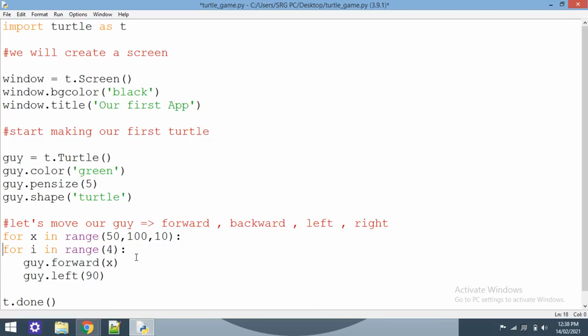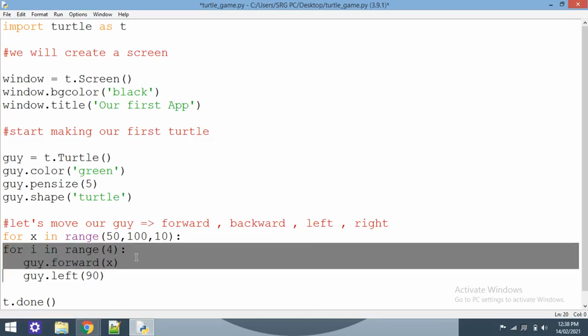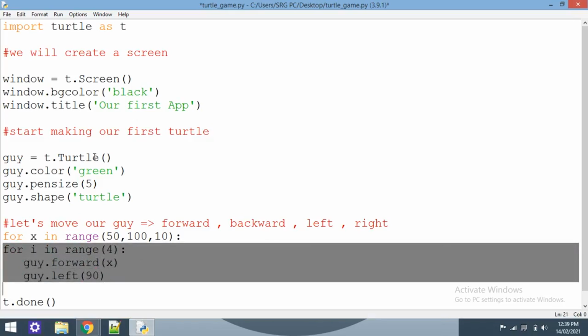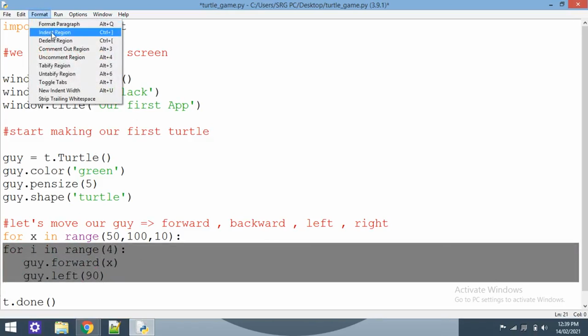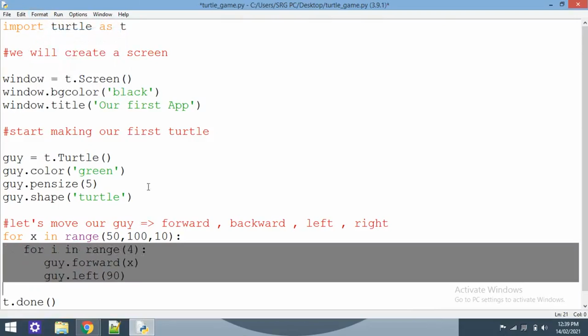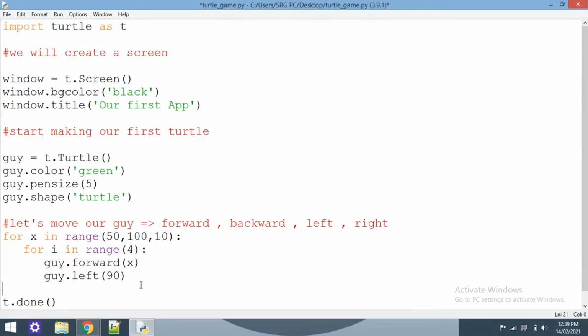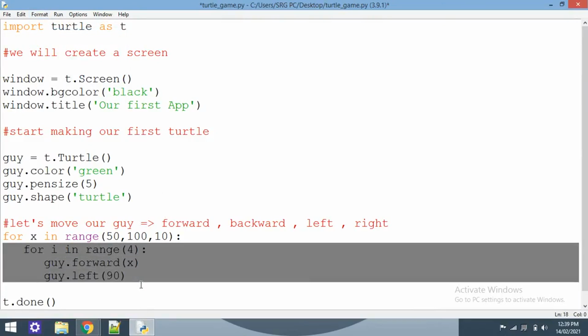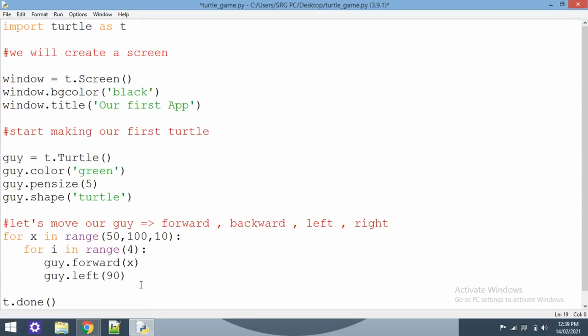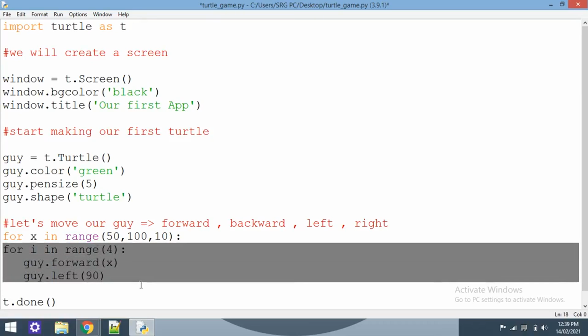How can we make it indented? First thing is to select it all, go to the Format menu, and click on Indent Region. It will indent it. Or you can press Control Z to go back to the previous state, then select it and press Tab.